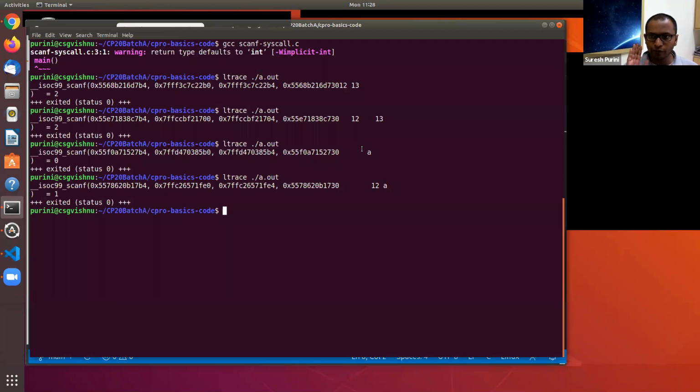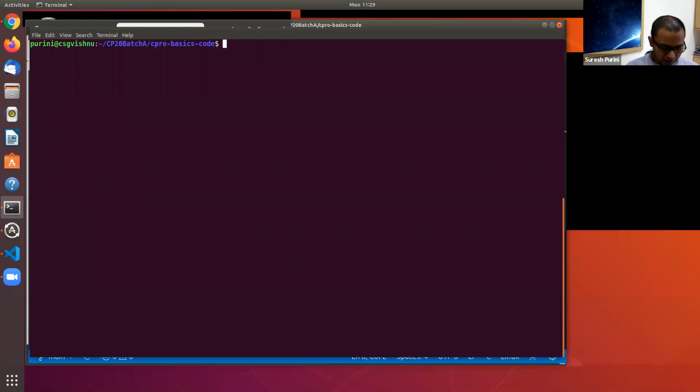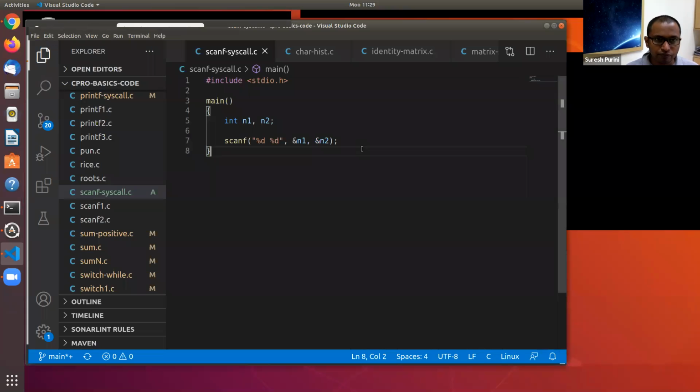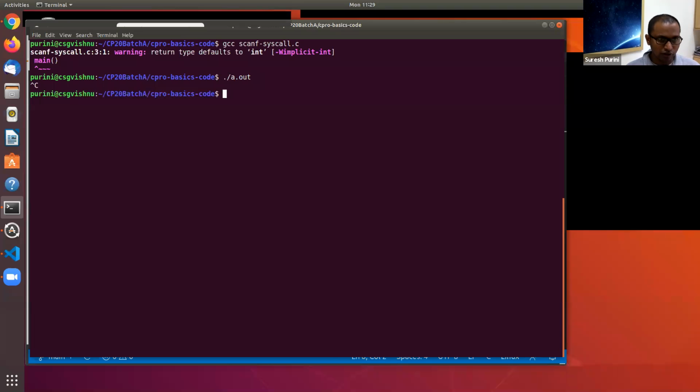So those of you who are a bit lost, why does it show 2? Let's run this code again. Sorry, let's do an ltrace on this. The first case is the most common case, where I'm supplying two inputs, 12 followed by 13.